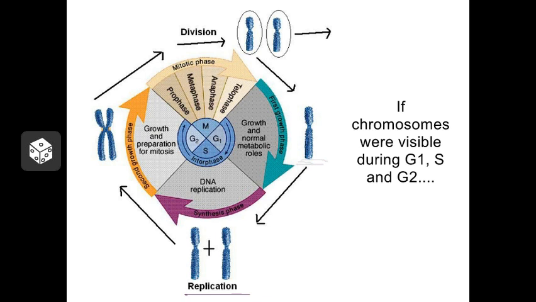In G2, the chromosomes' shape would change. They would actually get together and form this X-shaped thing called a duplicated chromosome, with each half representing an exact duplicate of the other half. And then, during division, these two halves would split up. One of the chromosomes would go to one cell, and the other chromosome would go to another cell, and the cell cycle would start over again.